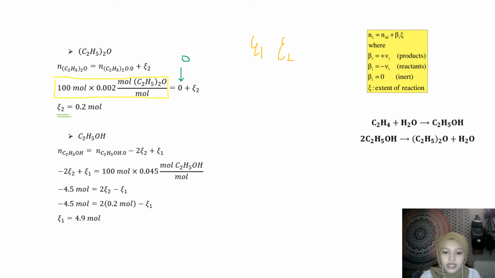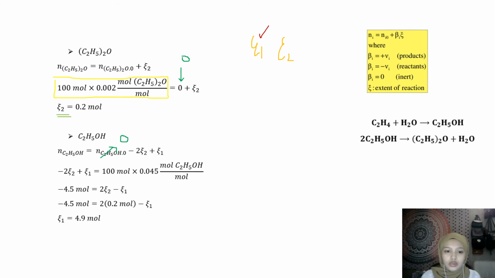So the second thing to find is the value of extent of reaction 1. When we analyze this reaction, the second species we can use to find the extent of reaction 1 is the alcohol species. So the number of mole of the alcohol at the output side, which is 100 mole multiplied by 0.045, equals the number of mole of the ethanol at the input side, which is 0,